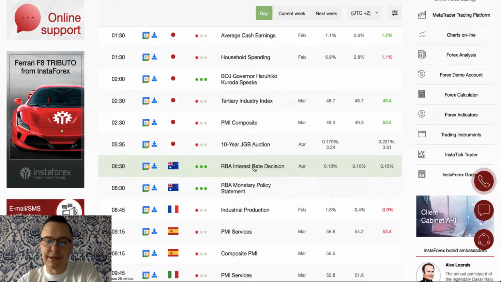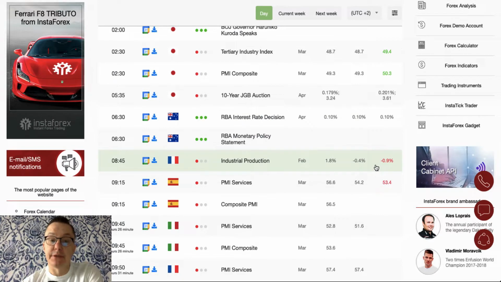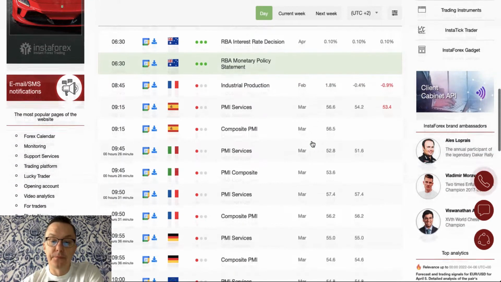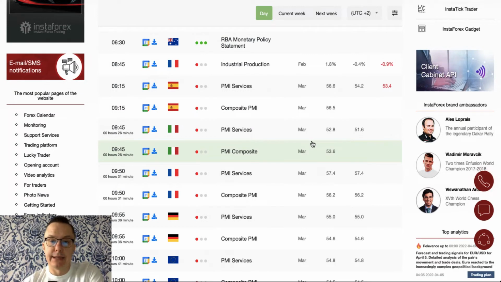Reserve Bank of Australia interest rate decision and the monetary policy statement had been released at 6:30. As you can see, we got the interest rate decision at the same level, so nothing changed, 0.1%. But we will definitely take a look at the Australian dollar later on. And plenty of